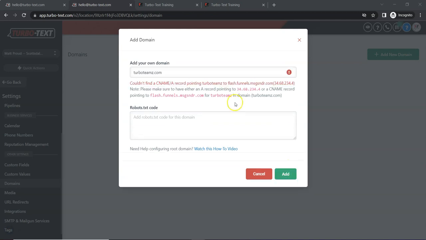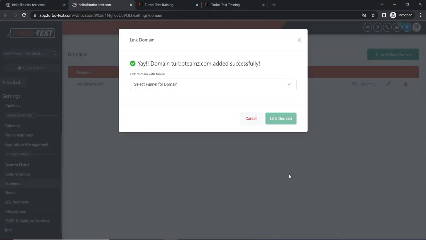and click Add. Now this was actually a good example because this might happen to you as well. You can see it said, hey, couldn't find it, and it looks like there's an error. Sometimes inside of GoDaddy, it can take a little bit of time for that update to actually record that you added that A record. So if it does give an error like this, sometimes you just have to wait a few minutes. And actually it can take up to 24 hours. That's very rare, but usually it's instantly. So go ahead and click Add again after a little bit here. Perfect. You can see that I was a little too fast. And so if it does happen, just wait a little bit, 30 seconds to a minute, and click Add again,